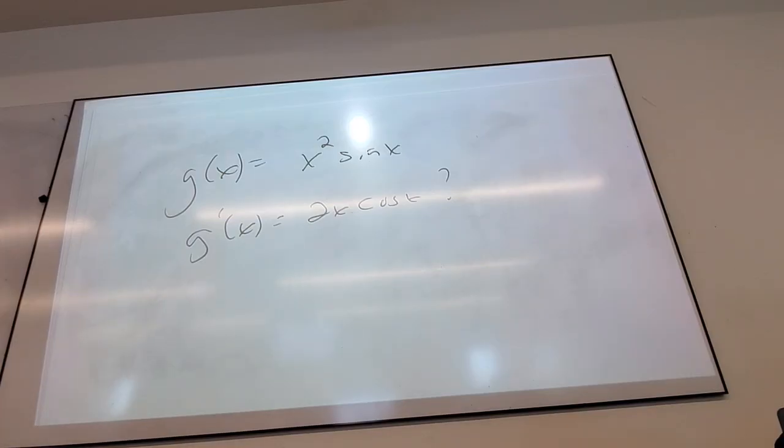Product. So if I have the product of two functions and I'm trying to find the antiderivative, can I just take the antiderivative of each piece and multiply them together? I need this to make sense. If I can't even do it when I'm taking a nice derivative, there's no way I could do it if I'm taking the antiderivative. I need you to understand this. If I have more going on with a derivative, things are worse. You agree? If stuff is multiplying and so forth, it's going to be way worse for an antiderivative.